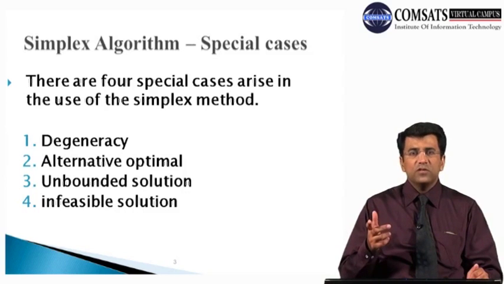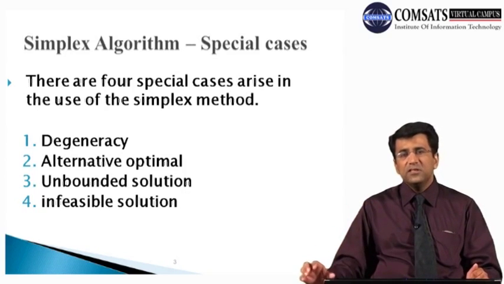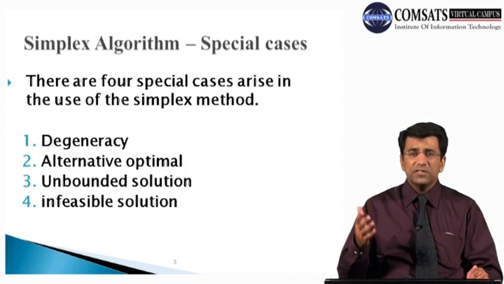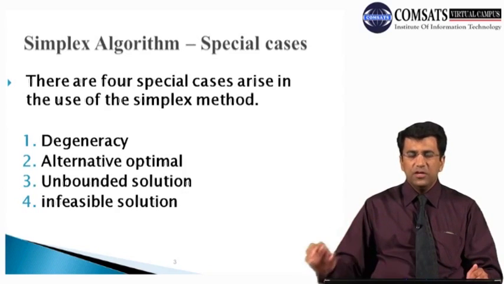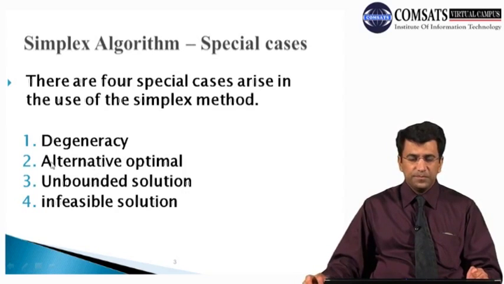So ये जो looping हो रही होती है, या जब हम different steps use कर रहे होते हैं, तो इसमें आपका objective function sometimes वो repeat हो जाता है. For example, हमने 3-4 दफ़ा table बनाया, और 3-4 table बनाने के बाद again आपको वही वाली objective function की value मिल गई जो इससे पहले tables में हमें मिल चुकी है. So this is a situation which is particularly with respect to that degeneracy solution. इसको हम sometimes cycling भी कहते हैं कि एक cycle चल जाता है, but in that particular cycle हम अपना optimal solution achieve नहीं कर पाते. So this sort of situation and this sort of case is referred to as degeneracy case or degeneracy situation.